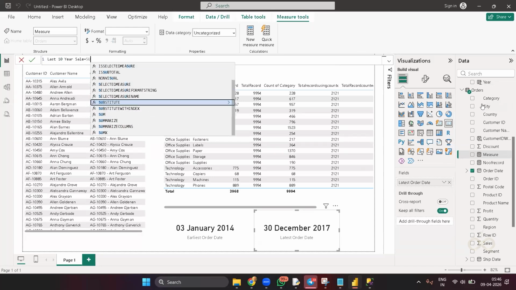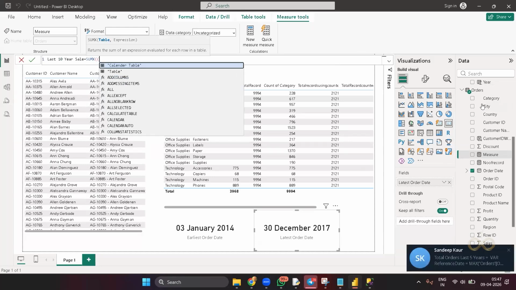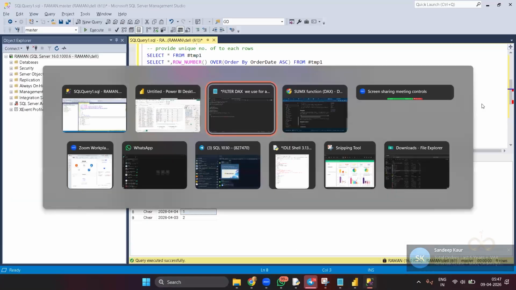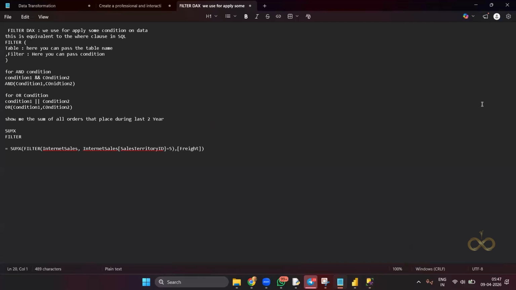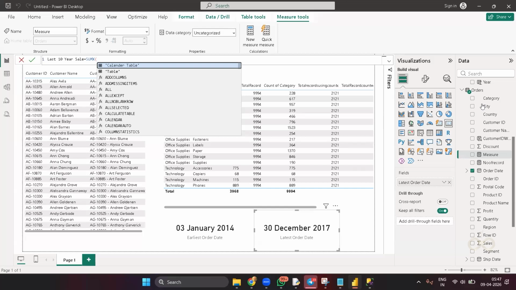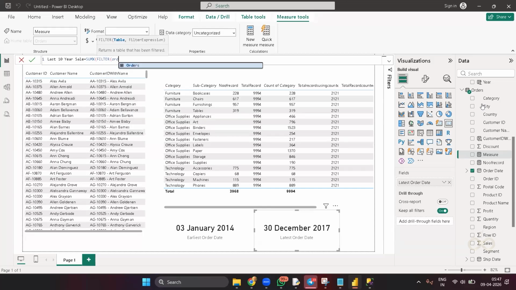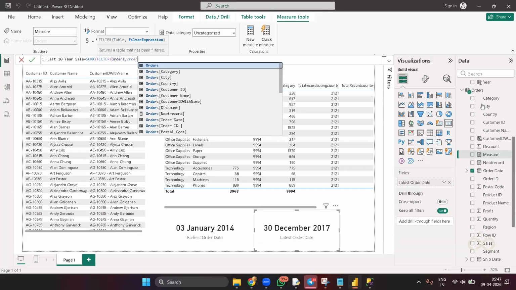We can write SUMX. First, we need to write what the condition is. We need to perform the SUMX where the year equals the order date year, last 10 years. So we can do it this way: SUMX, then we write FILTER. Which table do we want to filter? The Order table, and what is the condition? Where order year,